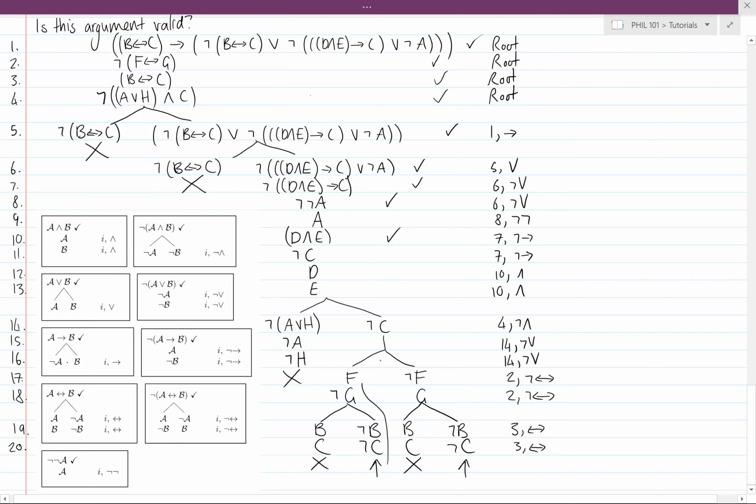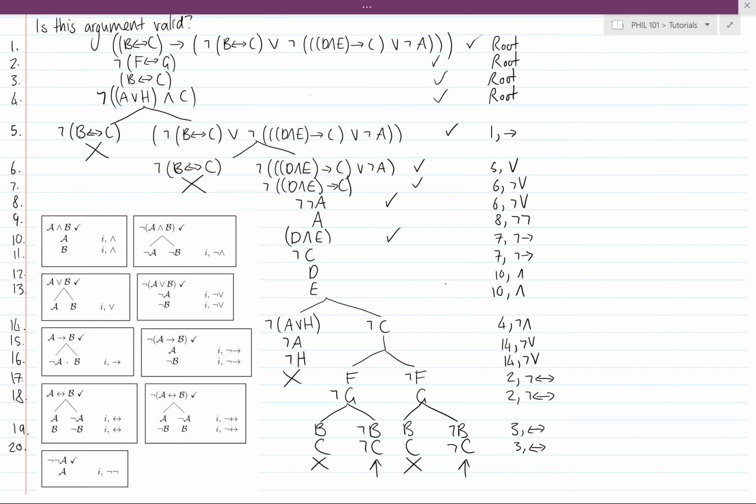I can search all the way, looking at all the atomic formulas I have all the way up to the top of the tree, and there are no contradictions. And same with this one over here. So they're open, but are they complete? And that means, have I decomposed all of the complex formulas? And yes, I have, because all of the complex formulas have a tick next to them, which means I've decomposed them. The only formulas that don't have a tick next to them are just letters or the negation of letters. So it looks like both of these rows are complete and they are open, which means that they are counterexamples